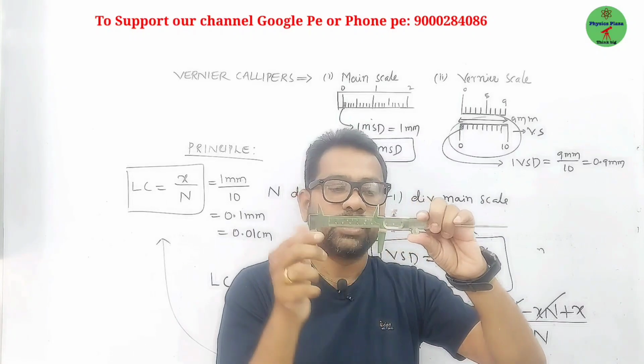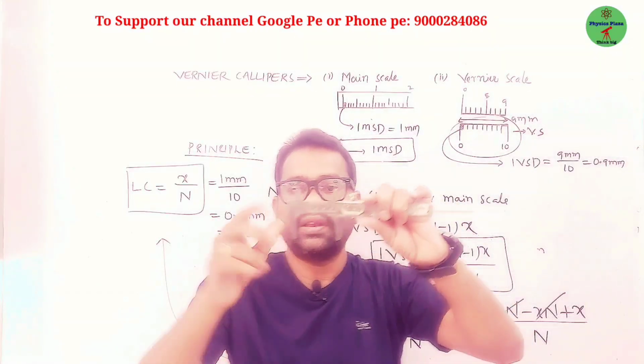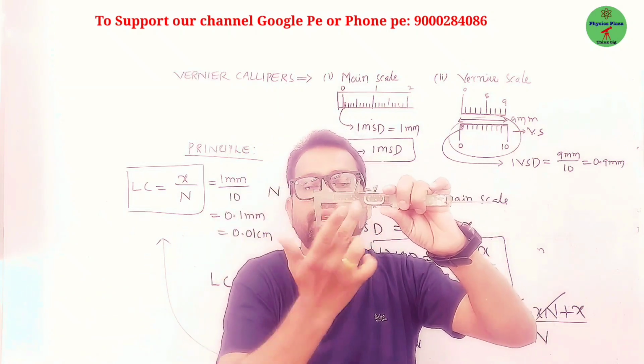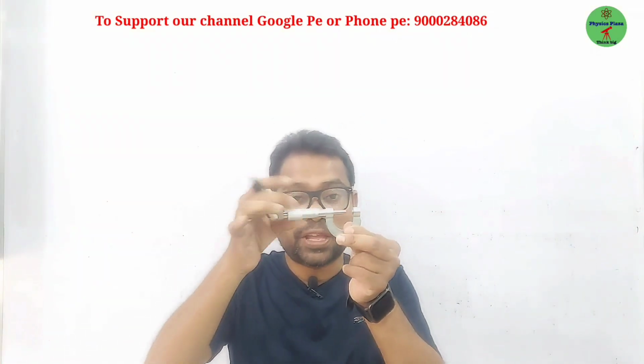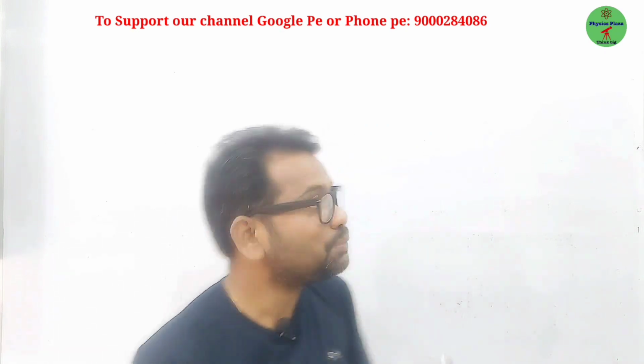Here is a vernier scale. So the vernier scale can slide over the main scale, dear children. Can you identify this device? Can you? Yes, I have one more device. What is this device actually? Yes, it is nothing more but